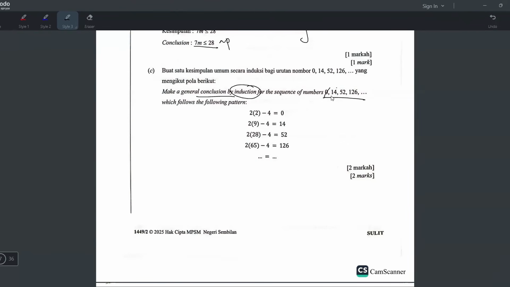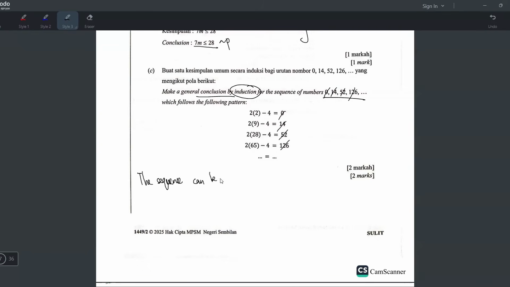Okay, first thing is you potong semua nilai ni dulu. Because those are the answers. You don't want to see that. What you want to see is how you get these values. So 0 comes from 2 times 2 minus 4. 14: 2 times 9 minus 4. 52: 2 times 28 minus 4. 126: 2 times 65 minus 4. All right. So first thing we have to write, the sequence